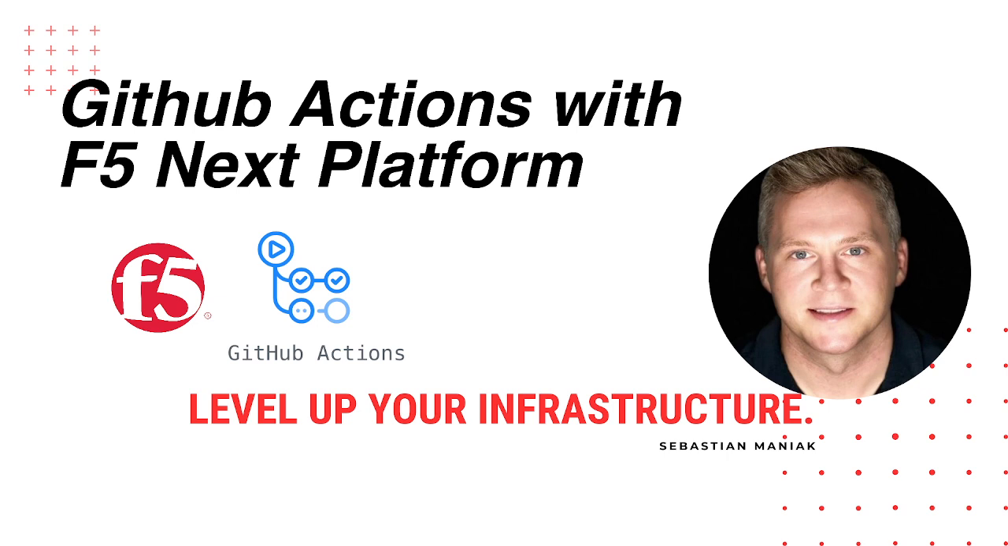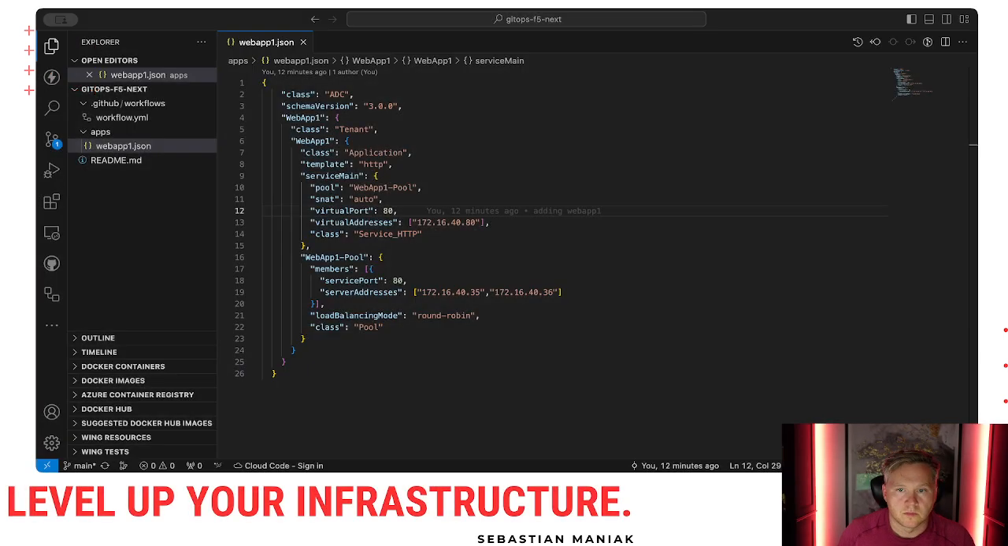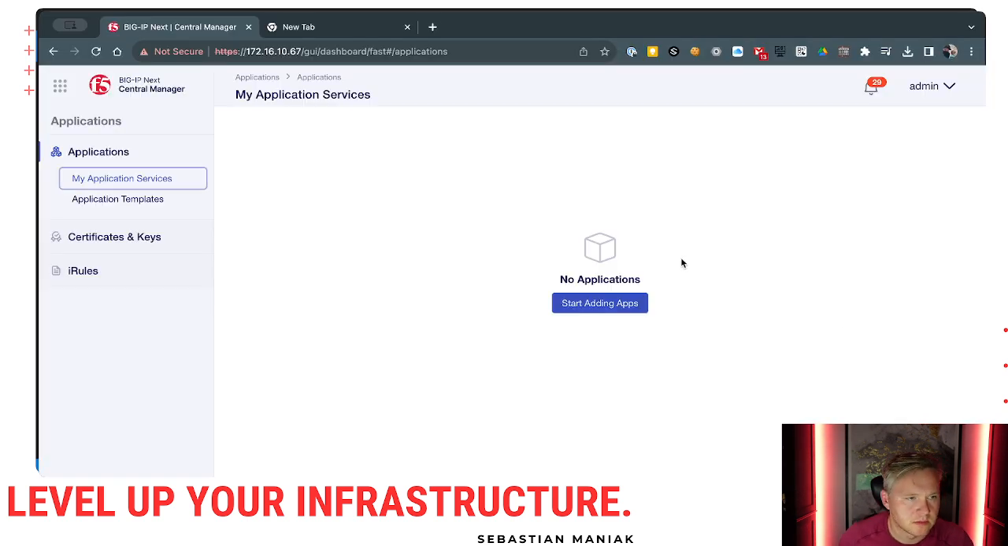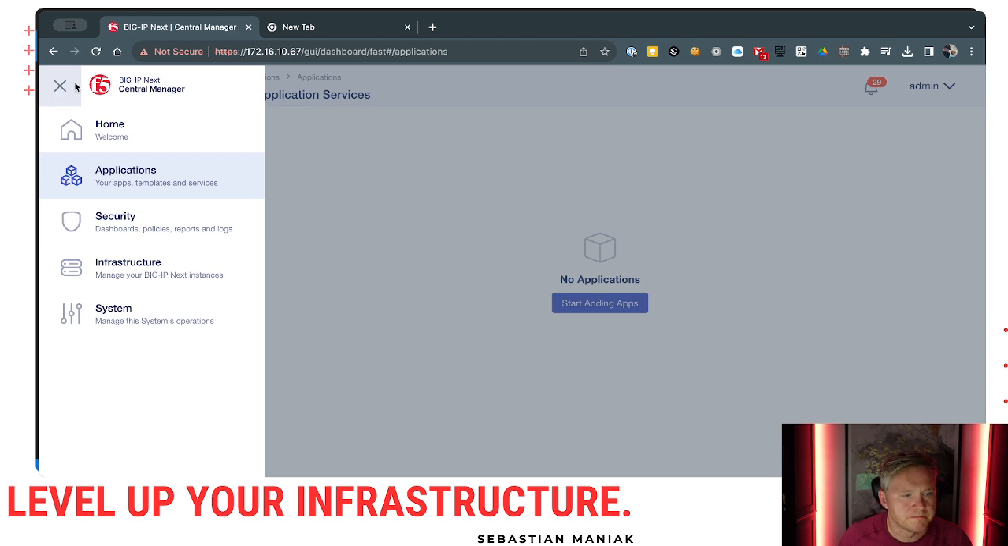So for this deployment, we're going to deploy our GitHub Actions workflow against the device. First, let's take a look at how this looks. So here is the Big IP Next Central Manager. It consists of applications, security, infrastructure, and management. Management is managing the central manager. Infrastructure is managing your Big IP Next instances. So you don't log into a Big IP Next instance. You just deploy that VE and then connect it to the central manager for you to manage your applications. The application section is where your VIPs get deployed, and the security section is your WAF policies, your dashboards, reports,